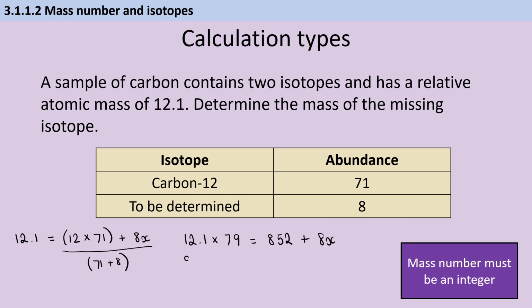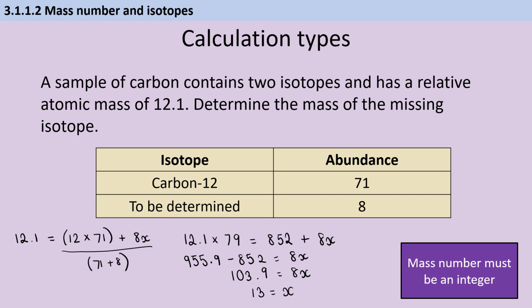So I can then solve that, and I'm going to get an answer for the mass of the missing isotope. Now in this instance I'm going to find out that I actually have an answer that is not a perfect integer. But remember, mass number has to be an integer, so it's really important that I'm rounding